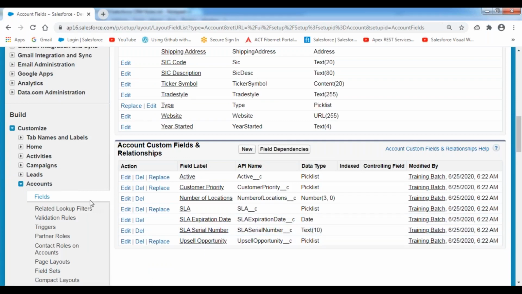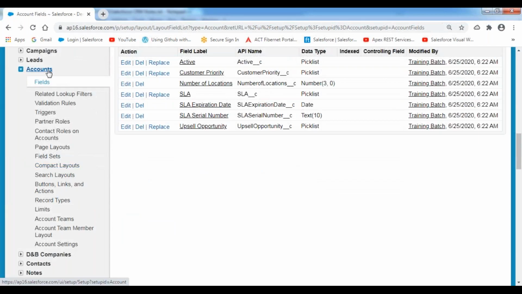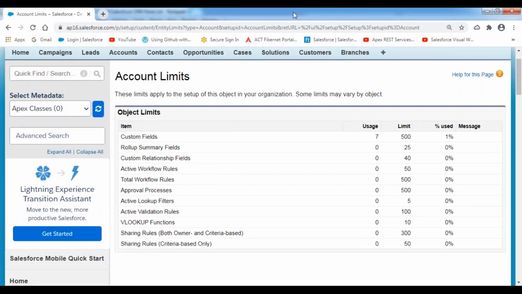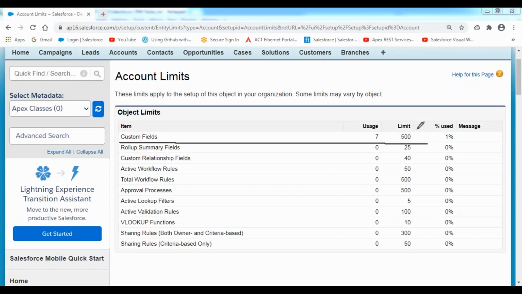How do we know? Let me show you practically. Go to this account object. When you come down here, we have an option called limits. Click on this limits. Custom fields, how many can we create? It is indicating the limitation. Limit is 500. How many have we created, nothing but how many given by Salesforce? 7. Still, how many can we create? 493. Standard fields are not countable, only custom fields are countable. We can cross check the limitations also inside this.